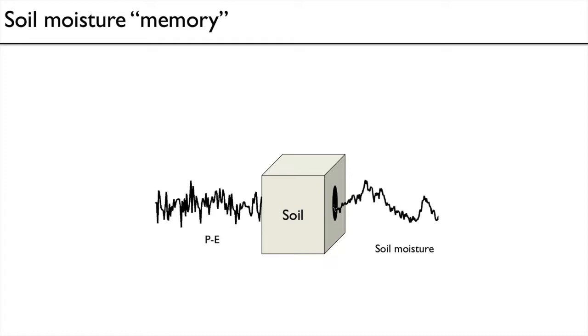And that means that the precipitation minus evapotranspiration fluxes are going to have variations on short timescales, but they're going to be filtered through the surface layer, the surface soil moisture, which is going to vary more slowly in response to those short-term variations. And in this sense, it looks like an autocorrelation process. We expect that for most regions. It's not going to be true of all regions, of all soil types in all cases, but